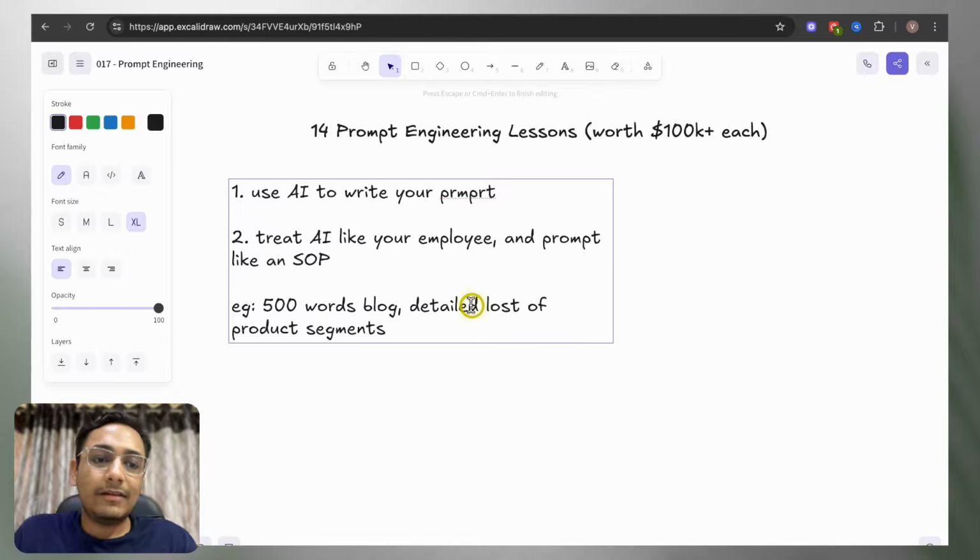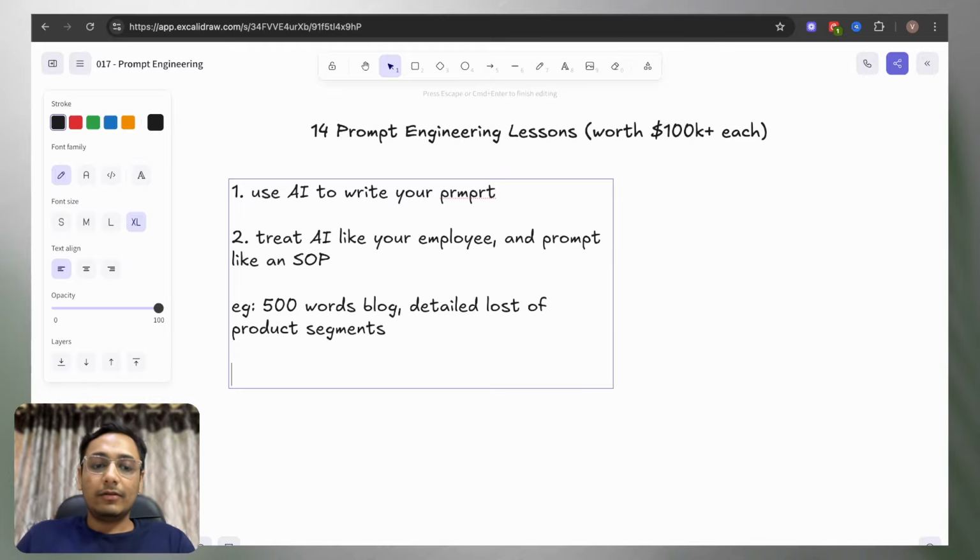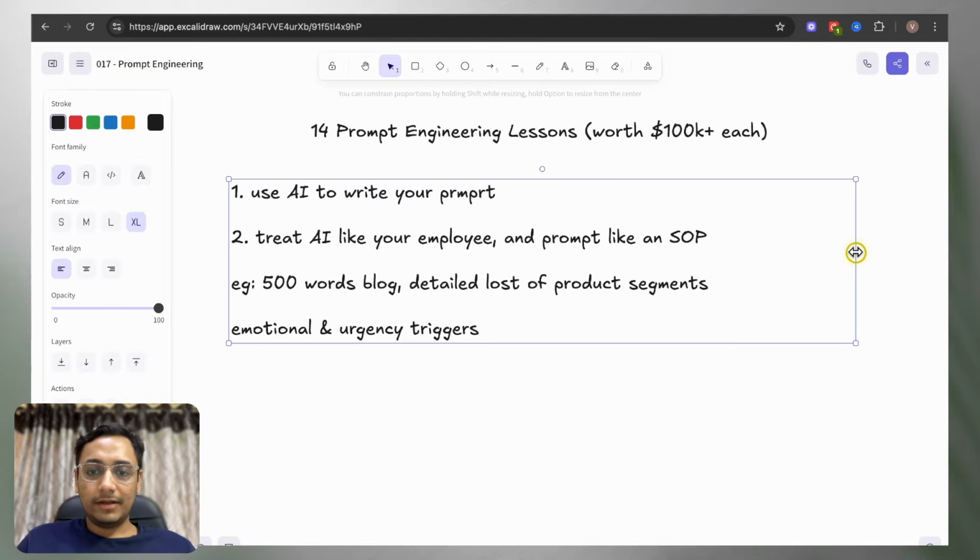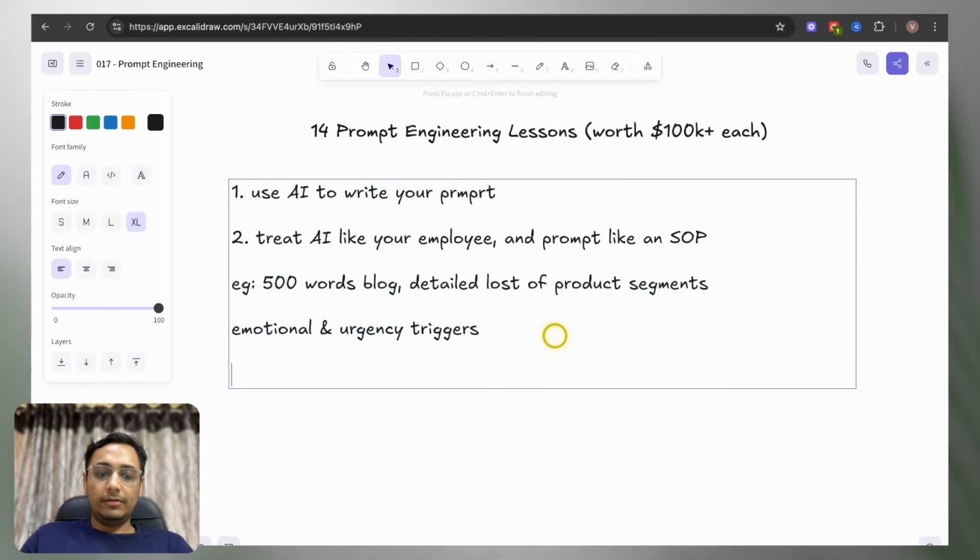And if you give it urgency, sensible things like this is an urgent report and this will be used for submitting to my boss in the next meeting, which is very important for my promotion. If you do that to your own employee, you know how hard that person is going to work. And the same thing you have to do with AI. So use emotional or urgency triggers so that they know how important this is to you, and the output generally gets better. Now let me just expand this, and then the next one is going to be keep it concise